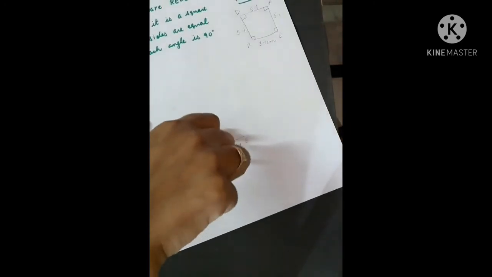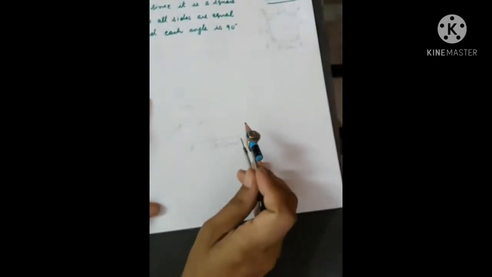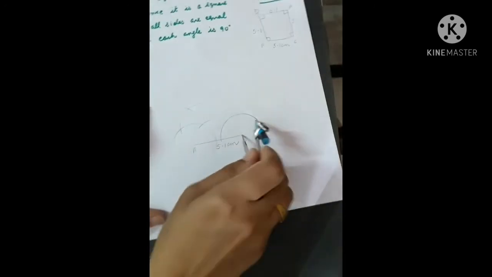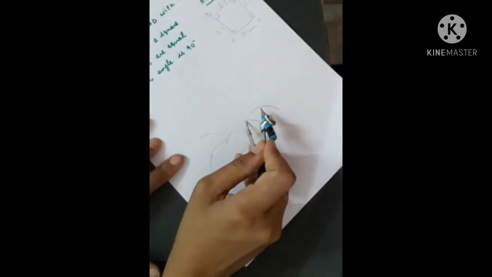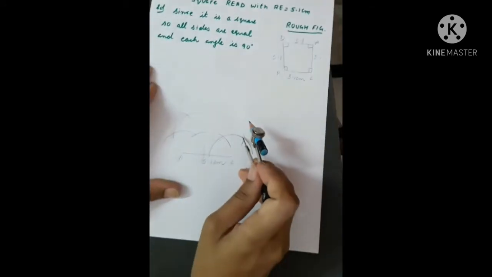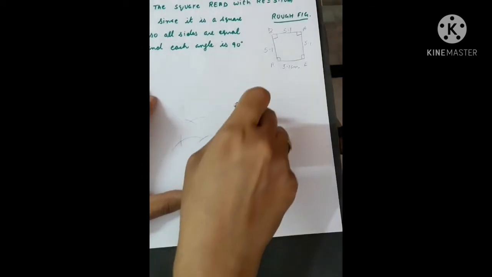Open the compass to any comfortable radius, swing an arc. Then from this point, this is 60 degree. Then next point, this is 120 degree. And then the bisector of 60 and 120, it is 90 degree. Same process I will do at point E also. I will construct an angle of 90 degree at E also. This is 60 degree. This is 120 degree. Then the bisector of 120 and 60, it is 90.